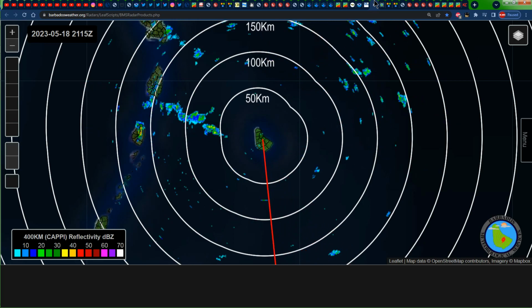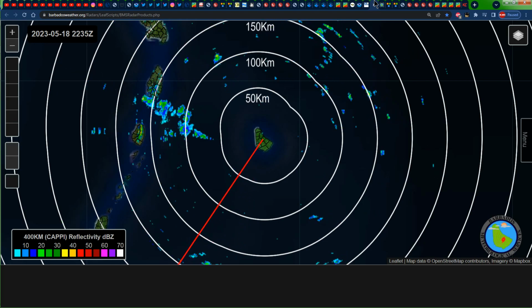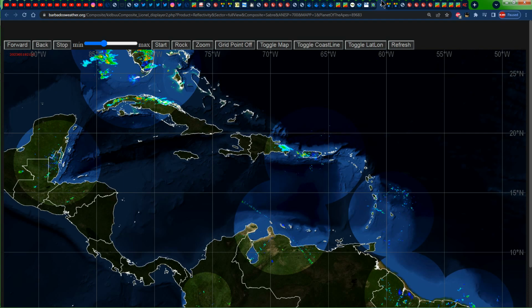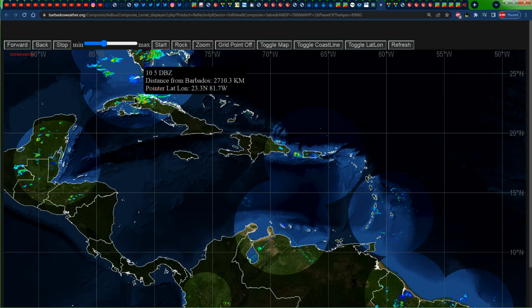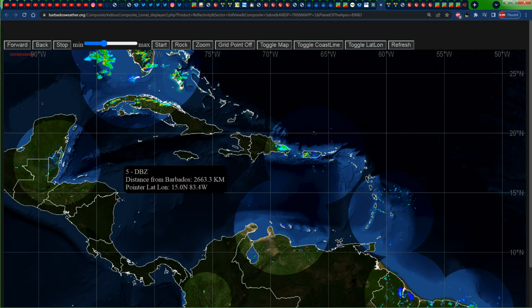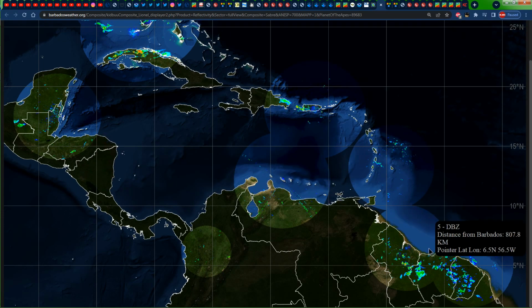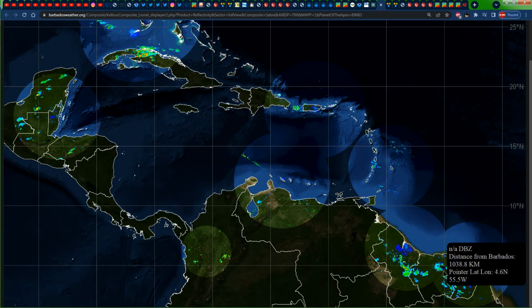Lucia, St. Vincent and the Grenadines, sections of maybe even Martinique getting in on some amount of rainfall as well. Taking a look at the wider view of Doppler radar images, we do indeed see some afternoon convection across sections of Florida, sections of Cuba, sections of Mexico, sections of maybe even Guatemala getting in on some of that rainfall. You can also see that rainfall that we mentioned on the satellite images across sections of Guyana, Suriname and French